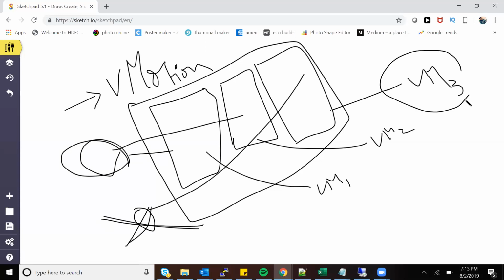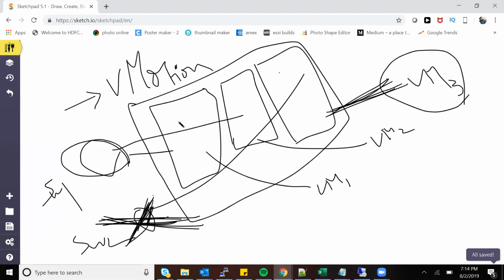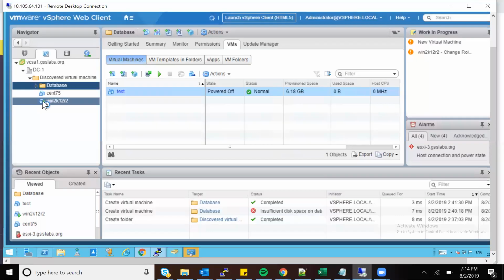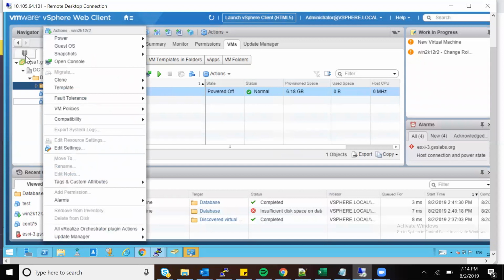VM3 is now dead. A customer will not be able to reach the application running on this VM. Once you identify there is a problem, you will get an alert from the switch. The network administrator will inform the VMware administrator that we have a problem with switch 2, and we want you to migrate all the VMs available on host 3, so that the servers can run on the other 2 hosts. So the VMware admin will right click on the VM which is running and just click migrate.